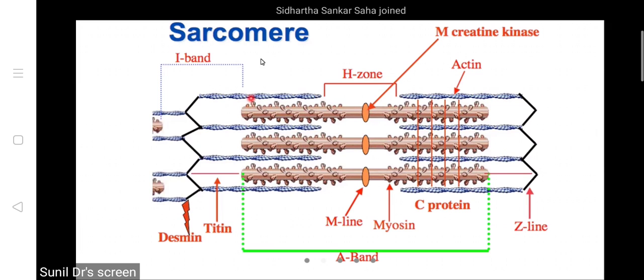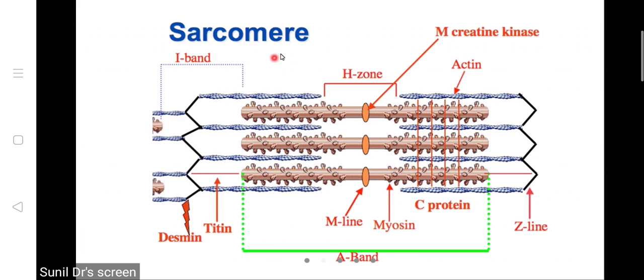So I will just show the sequence of how this is happening. First this will attach here. Next head will attach here. Next head will attach here. Same way here, here, here. So you have many heads like this. I have drawn only three heads. Okay, one is attached to the actin side.